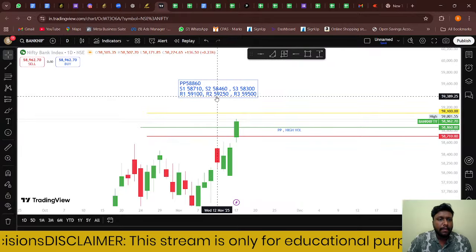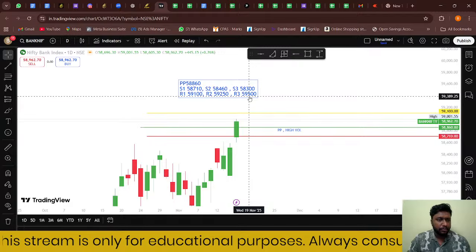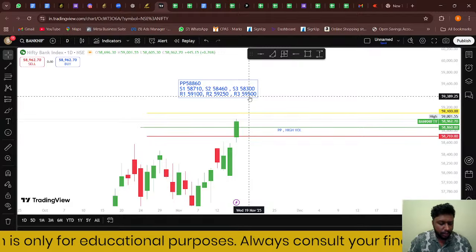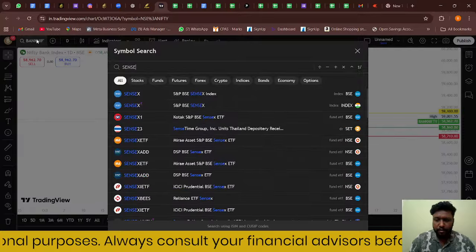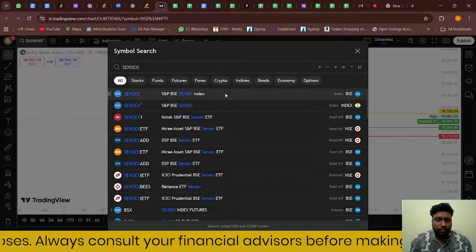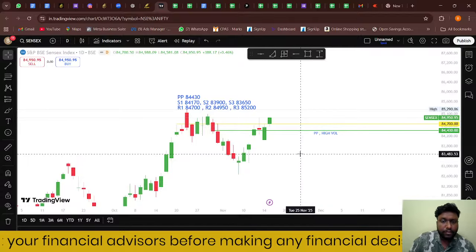go for 59,250 and 59,500 levels. So these are the levels for Bank Nifty. So we will quickly move on to the Sensex part. Sensex, if you see,